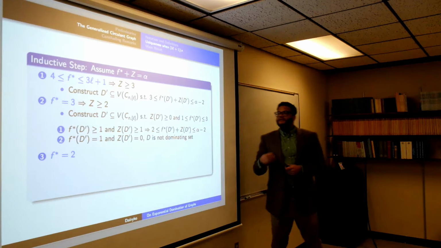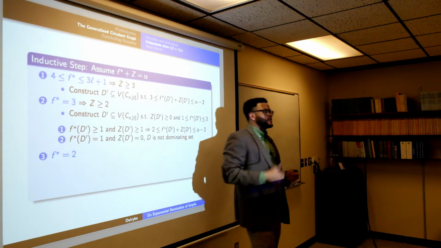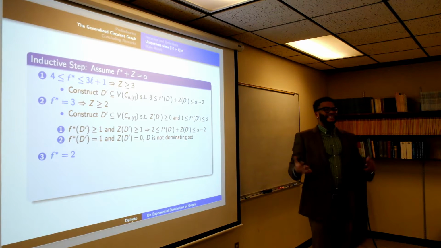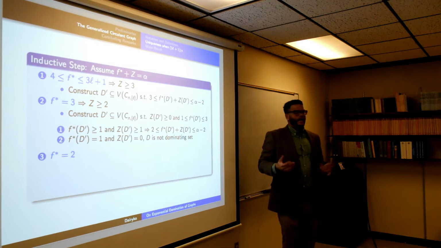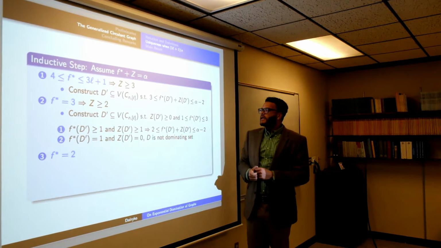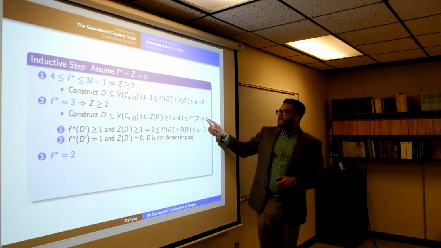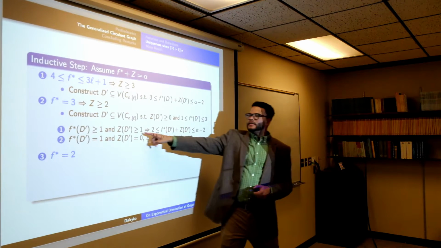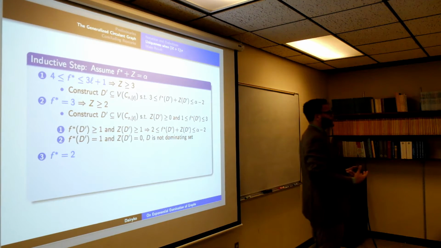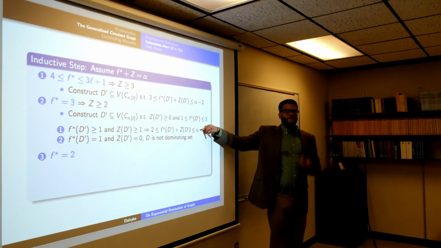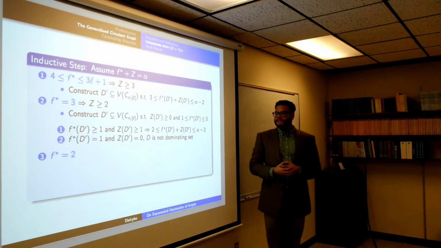Okay? So in the second case, there are going to be two subcases. But starting off, f star is going to be equal to 3 for the same reason as above. Z has to be greater than or equal to 2, or else I'll have my d being too big. Okay? I'm going to use the same shift algorithm and construct a new set d prime with the fact that z of d prime is greater than or equal to 0, and f star of d prime is bounded below by 1 and bounded above by 3. So when this happens, I have two cases. My f star of d prime can be greater than or equal to 1, and my z of d prime can be greater than or equal to 1, or my f star of d prime can be 1, and my z of d prime can be 0. Okay? So in this case, the same thing as I've done before in the previous case,